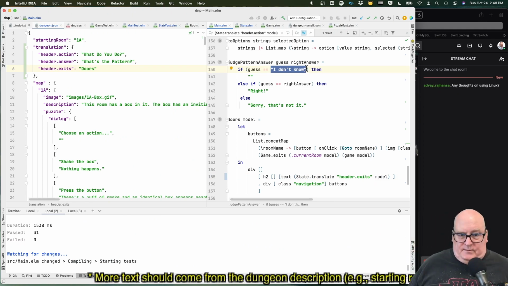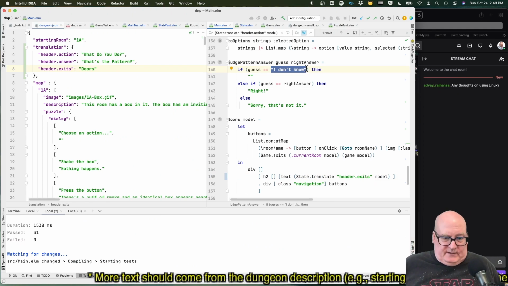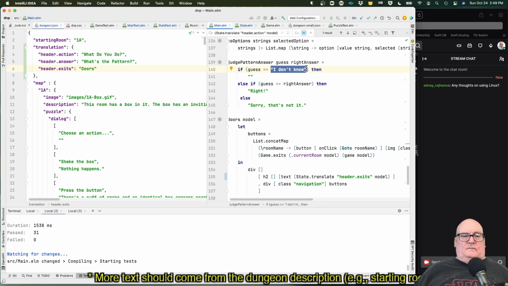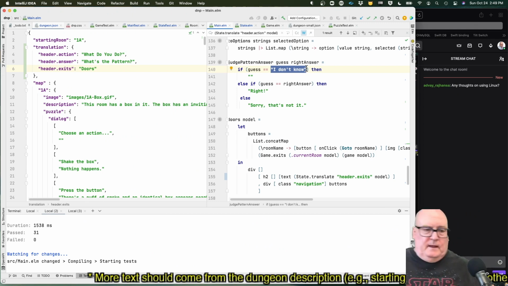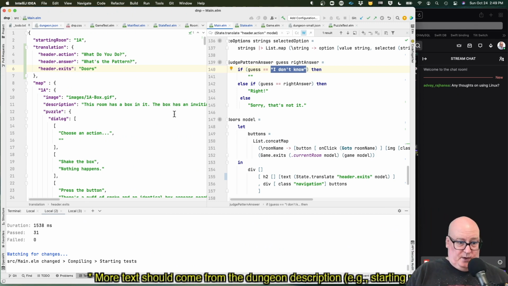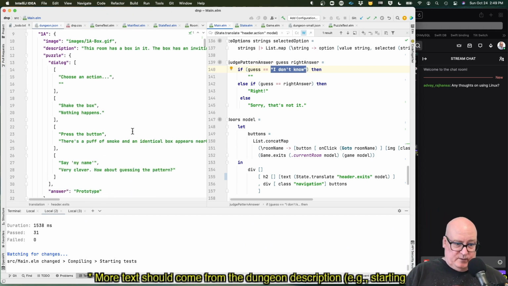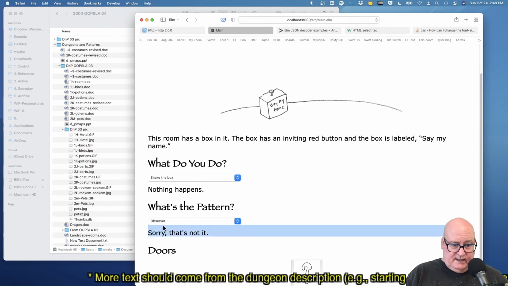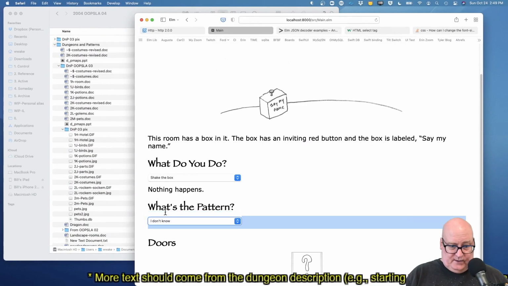I don't know. We hate to have to ask the model that. All right, but I don't know is an interesting one because that's coming from here, and we're generating that somewhere.